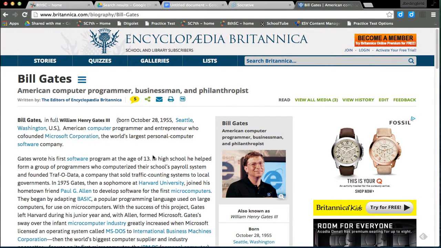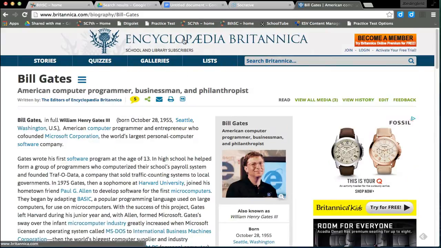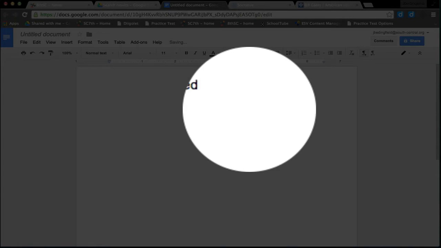Okay, we're going to look up some information. Let's say that our person that we were researching is Bill Gates, and we have to do a couple things. One thing that we have to do is works cited for all our resources. So we have works cited, and